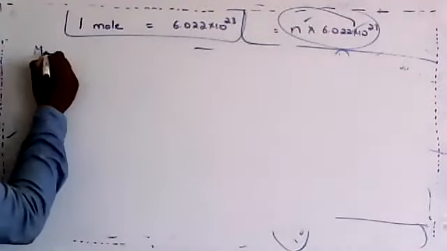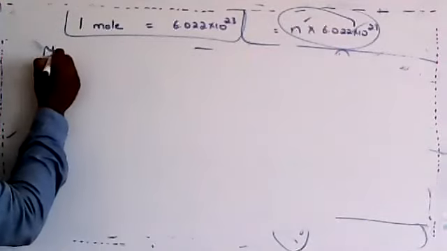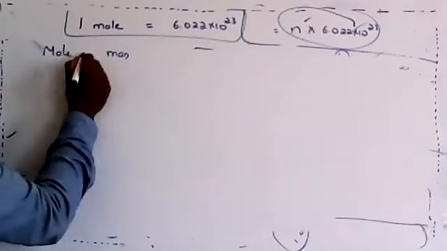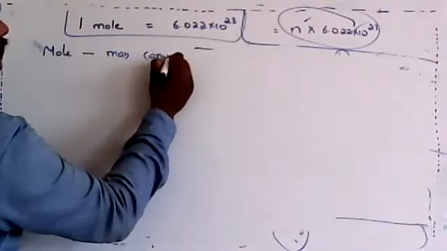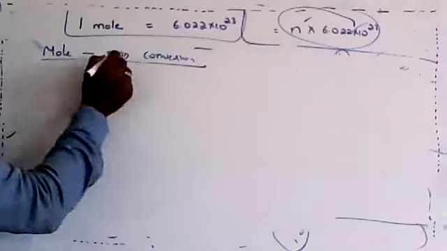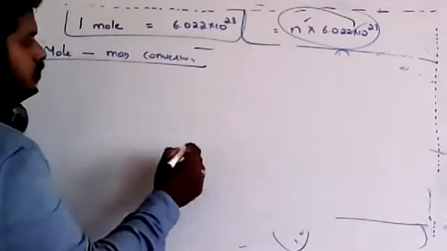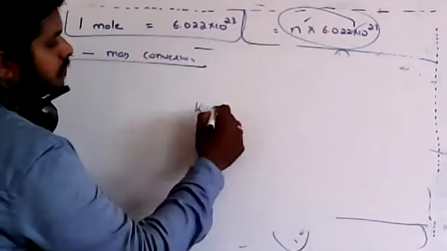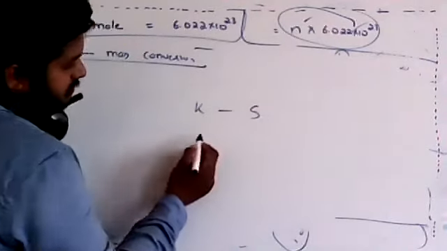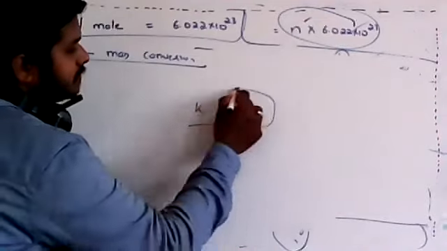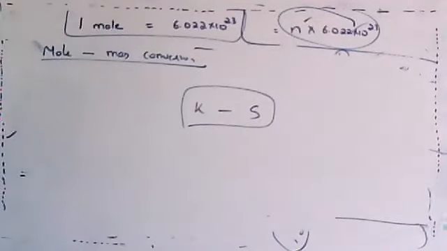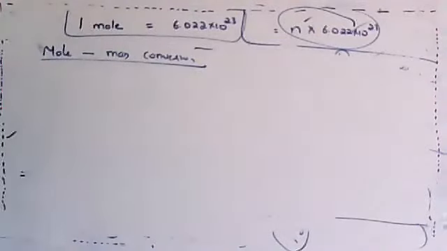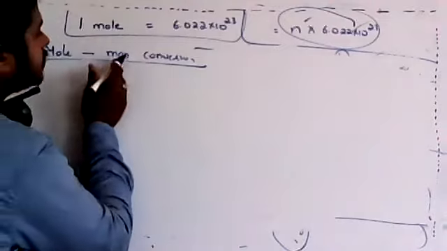Let's go for the next one, that is mole to mass, or mass to mole conversion. It is not only one way, it is two way. Just like whenever you go to the bus stand, you see the place board, Kumta to Sirsi, right? It indicates the bus will be traveling in between these two, and they won't change the board. In the same way, mole to mass means conversion of mole to mass and mass to mole.